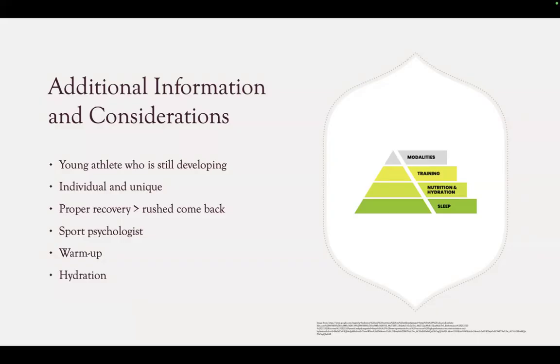So the prep and recovery here is more than a rushed comeback, because when youth is training and working out, playing sports, it's very important that they are playing it for their life, to be athletes for life and not just athletes for the school or for the results, but athletes for themselves. So it's very important that when we have an injury, for example, the hamstring strain, that the athlete